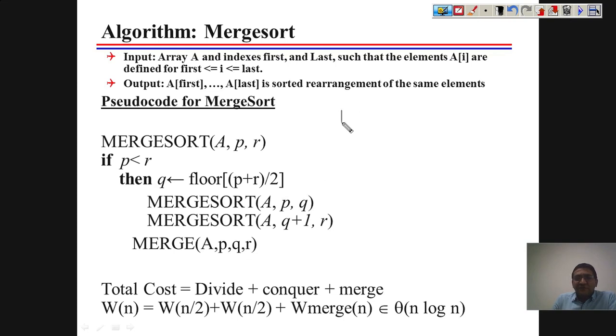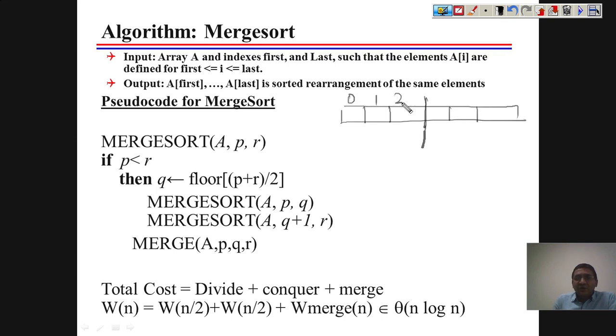This is our scenario. This is our array given to us. Let's say we have something like this, with 6 elements, so we divide into 3 and 3. What will happen?